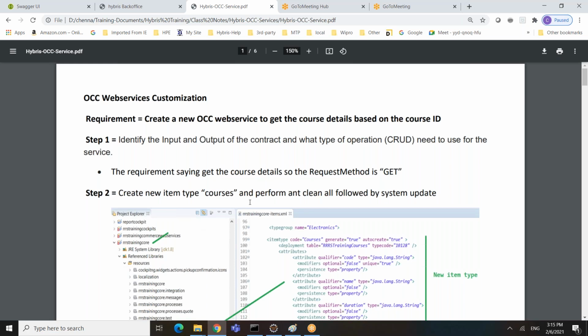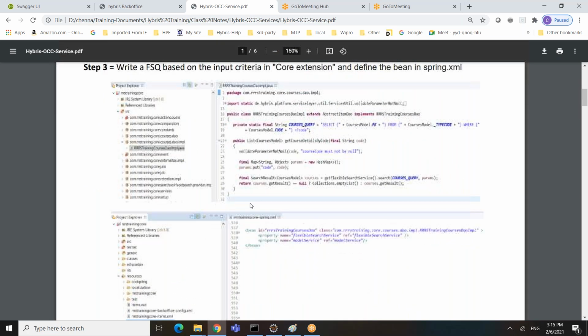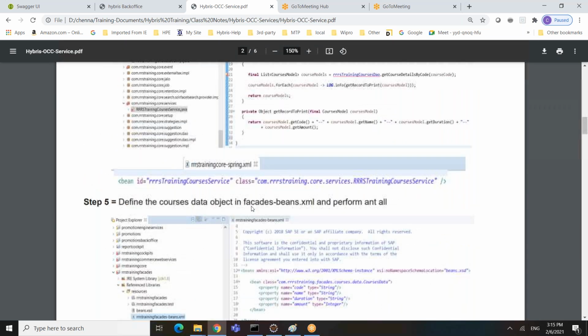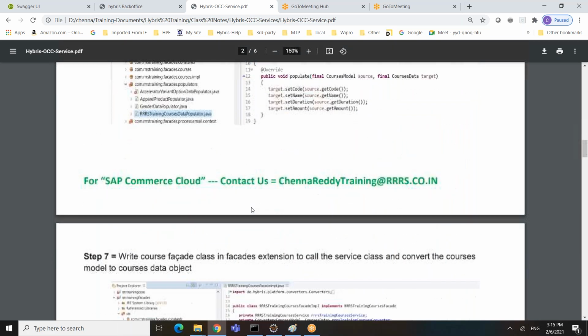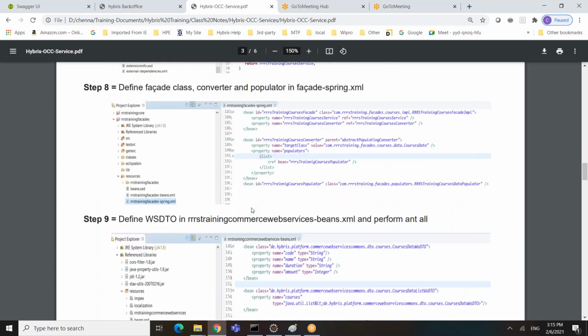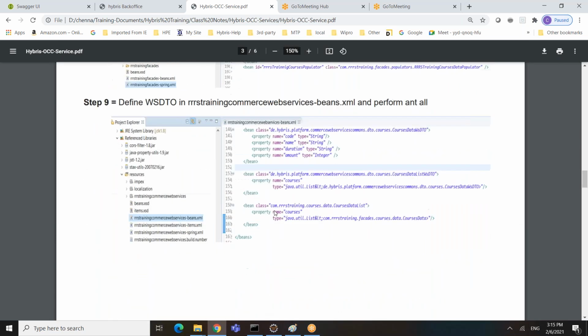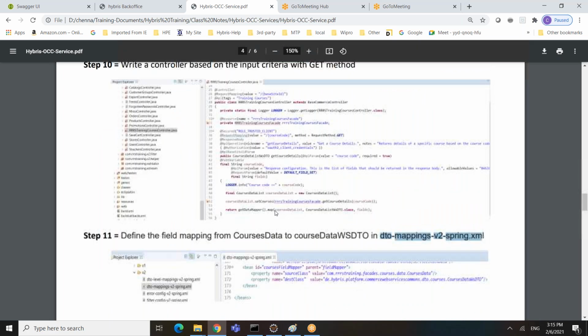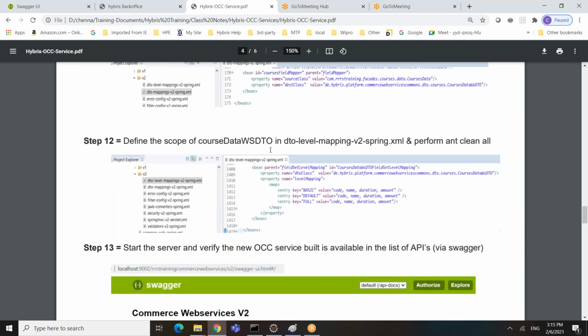You can write the DAO, the service class, the facade, the corresponding converters, populators, and then you can define the WSDTO structure, and you can write the controller, and in the controller you can specify what type of operation it is and what type of role you want to define as part of that method. You can do all that along with the scope that you are going to define for the WSDTO.